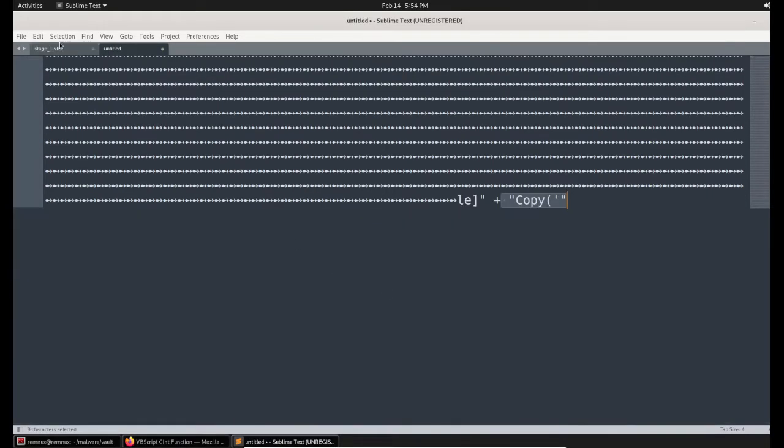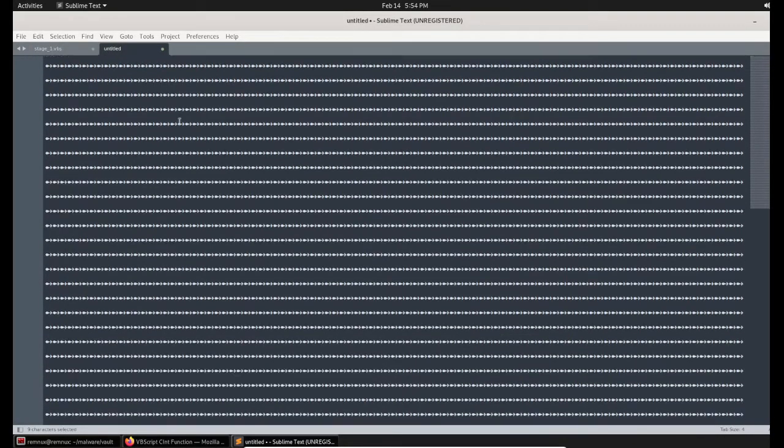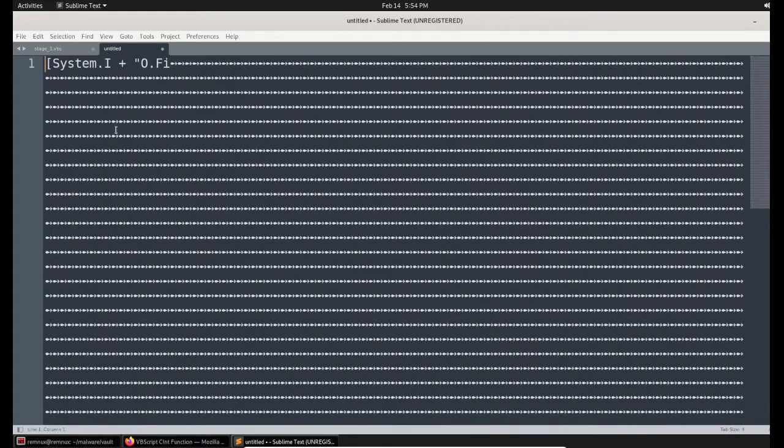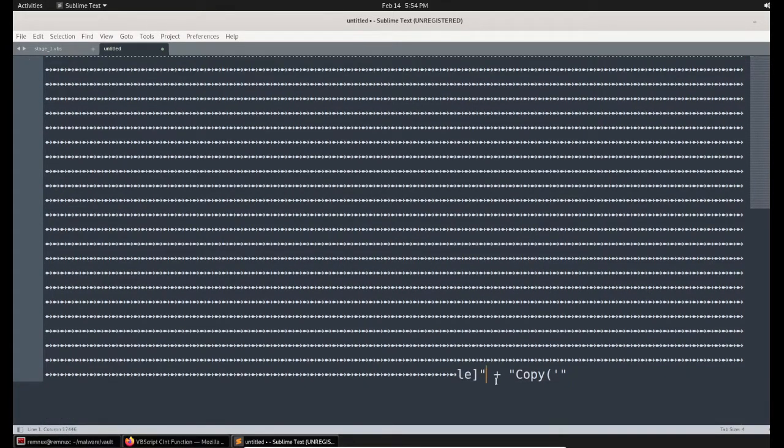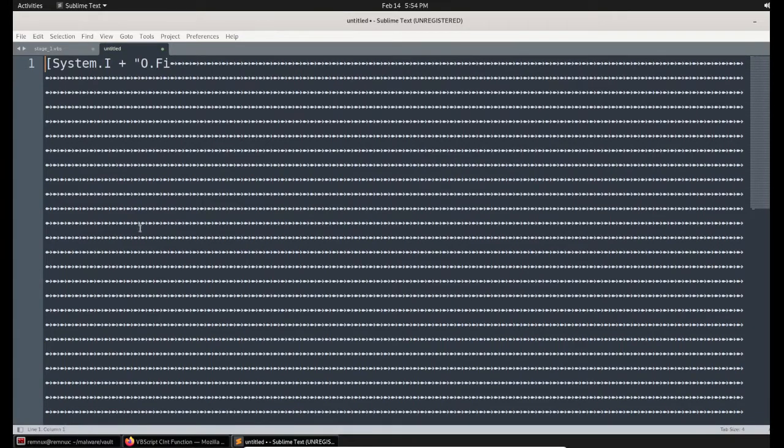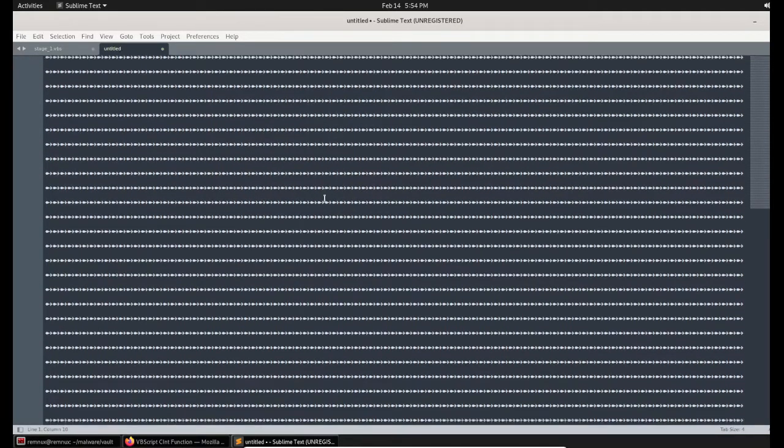If I do that, here is my value. Let me simply remove these double quotes and concatenate. So here is the concatenated string.